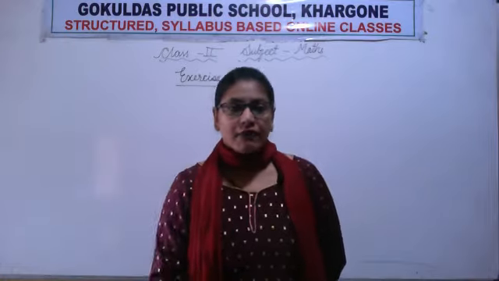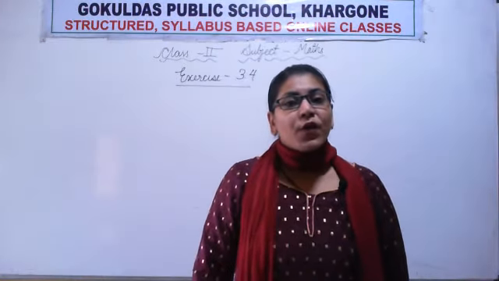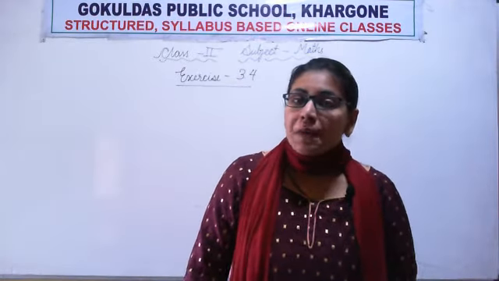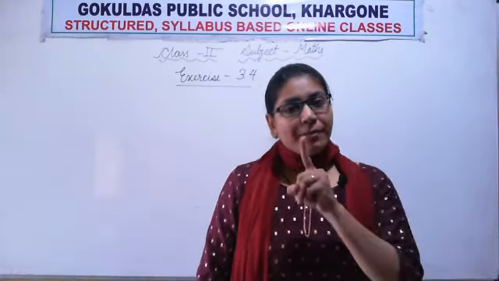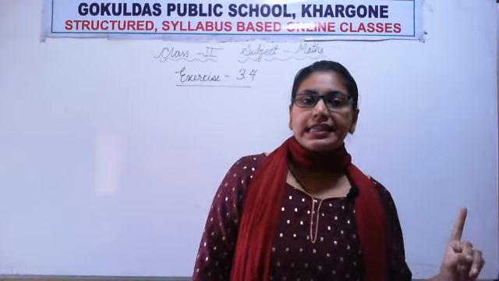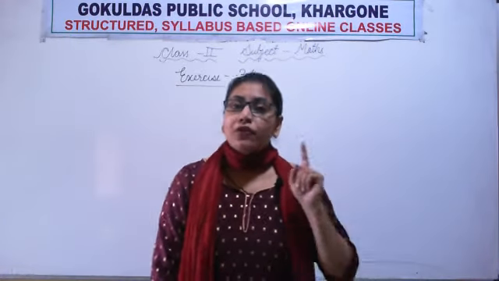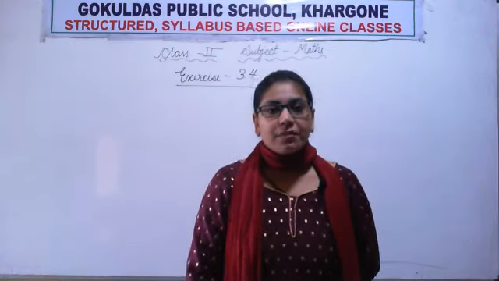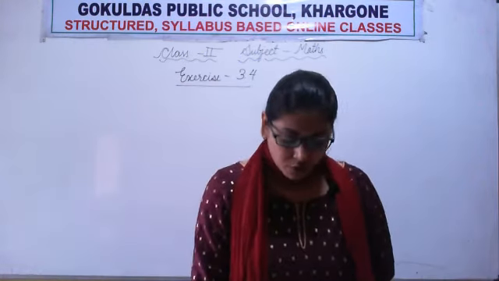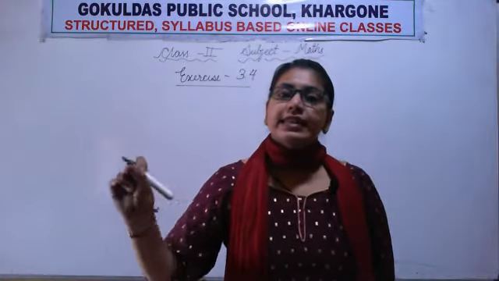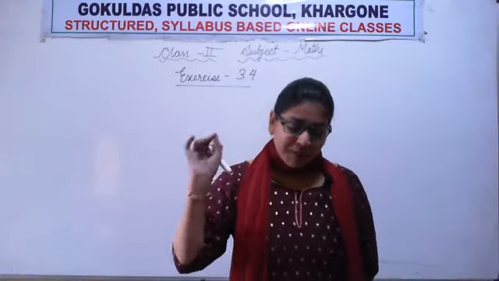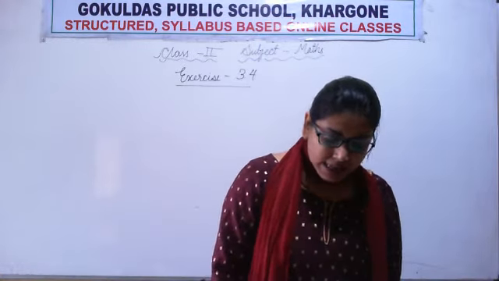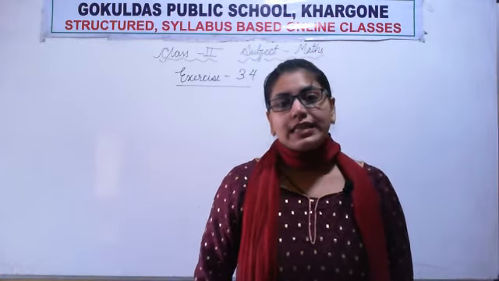See, all of you have traveled in a bus. Some of you came to school by bus also. So, how do we occupy a seat in a bus? One person occupies one seat. So, there are 48 seats in a bus. 29 people are traveling in the bus. It means out of 48, 29 seats are occupied by people. Now, they are asking us to find the number of vacant seats.